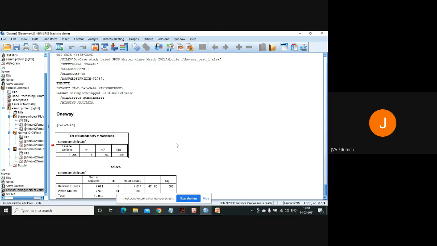And further, if you have drawn your data from samples which are heterogeneous in nature, or the groups are mutually exclusive of each other, they are independent, then you will also test another thing that is known as homoscedasticity or homogeneity of variance through Levene's test of homogeneity of variances. Is that clear?